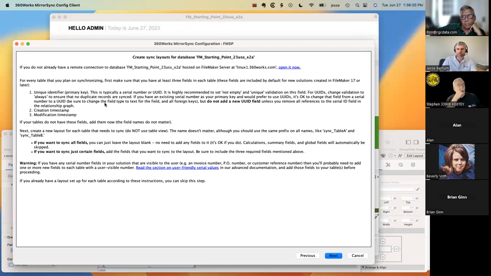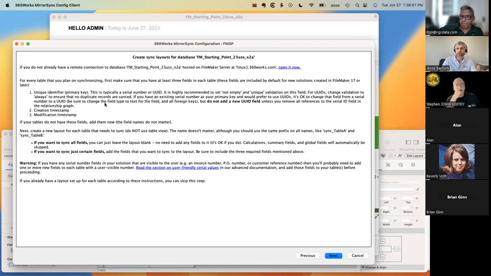So if you had a server in Kentucky in Central Time and somebody connected to it from San Francisco right now, it's 12:36 for you guys. If somebody in San Francisco modified one of your records, their modification timestamp would be 10:36 a.m. And FileMaker doesn't store time zones. So it would look to MirrorSync like this record was modified 2 hours ago, and MirrorSync would not detect that